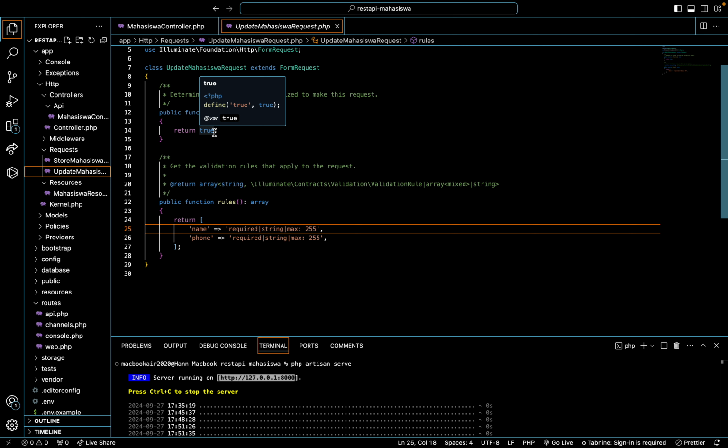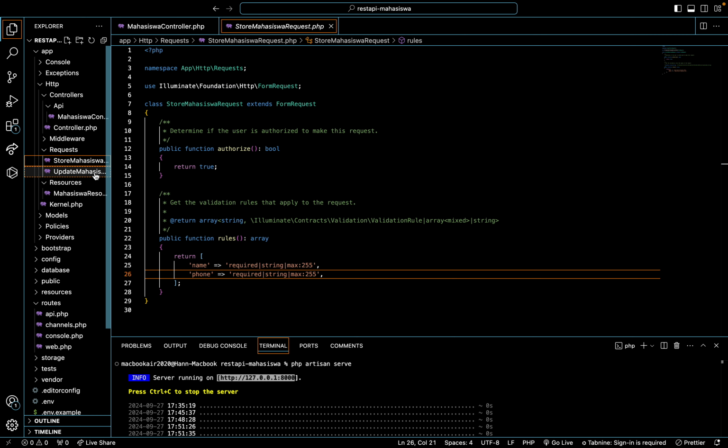We need to change it to true, and for the return it is the same as before, like the previous one, the store mahasiswa.